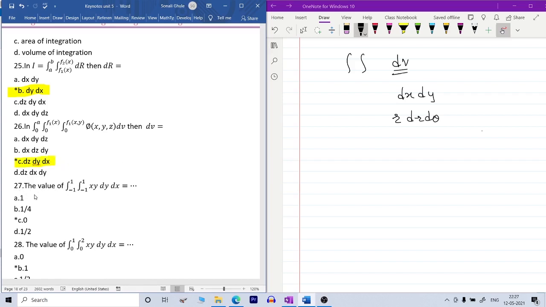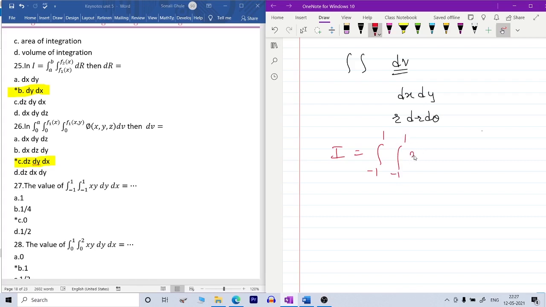Next we have to find your value of integral. So let me write here integral first. Integral is given to us double integration minus 1 to 1 xy dy dx. Now here let me tell you one thing. There is a property. If suppose we are having minus a to a integral, then this integration we can write twice of 0 to a f of x dx. This is a property we can use here, but when your f of x is even function.